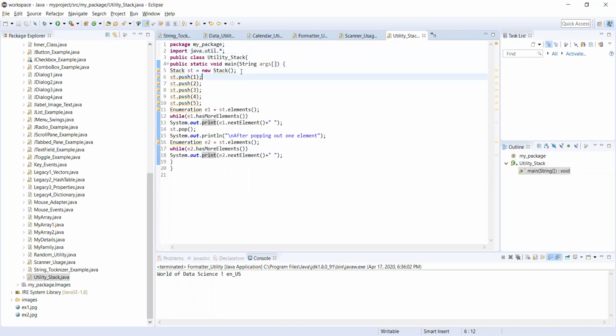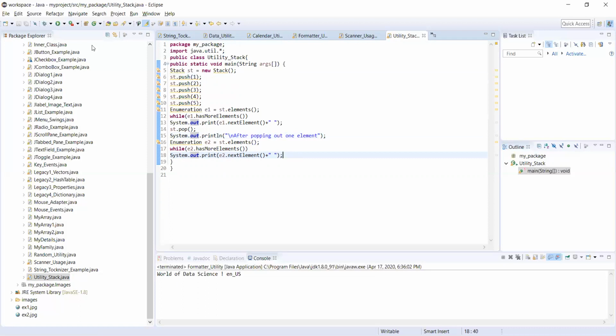I'm pushing 5 elements, and I'm taking the Enumeration to verify how many elements are there, and I want to roll out these elements with the help of nextElement. Thereafter I'm making use of pop. Push is for adding elements, and pop is for the removal of an element from the stack. After popping the elements from the stack, I want to print out those elements with the help of the Enumeration, checking whether I have elements in the stack or whether the next element is present or not.